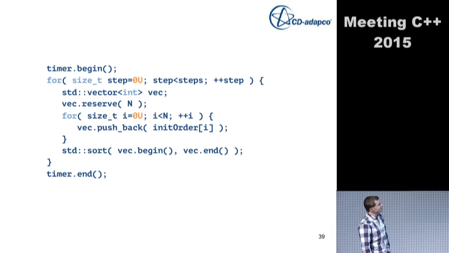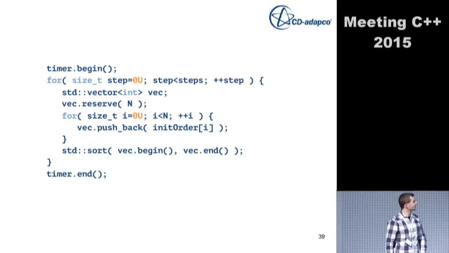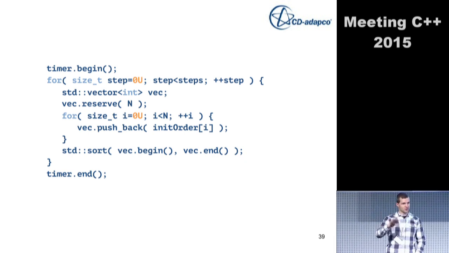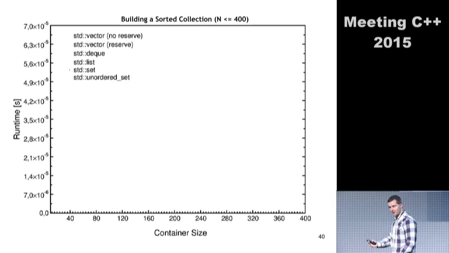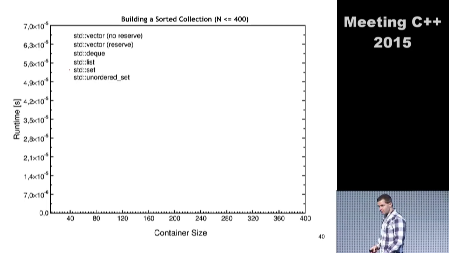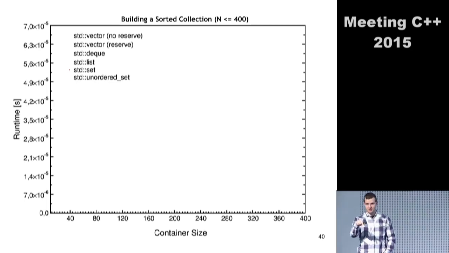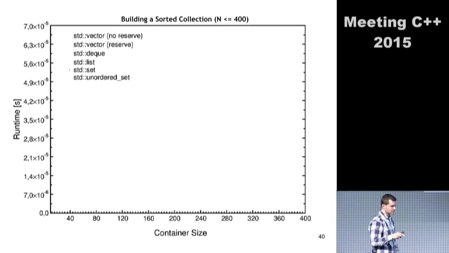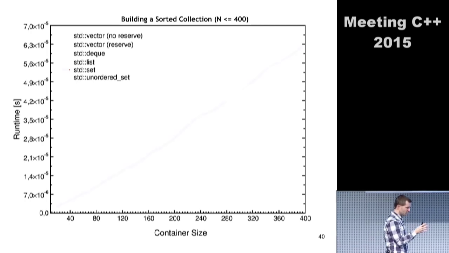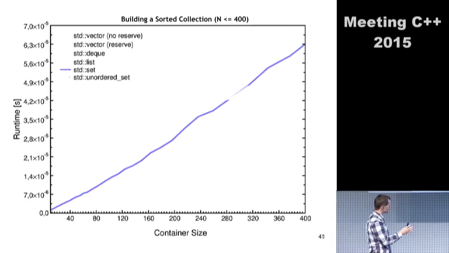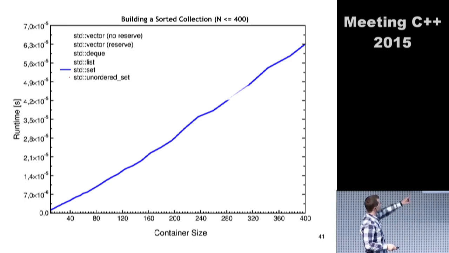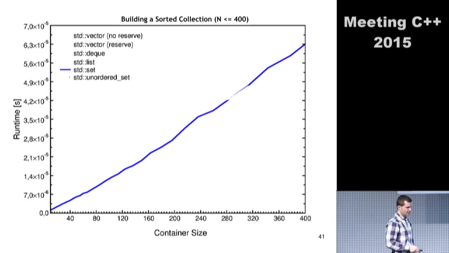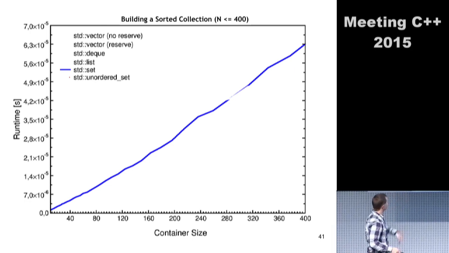All right, let's start with the set again. So a set is something that is automatically sorted. You don't have to care about the sorting yourself. It's done automatically. But, disadvantage, when I add an element, it is immediately put at the right position, which means that it's immediately sorted. So this invariant of being sorted is always upheld. So this is the performance of a set. It's not necessarily the best performance, however.